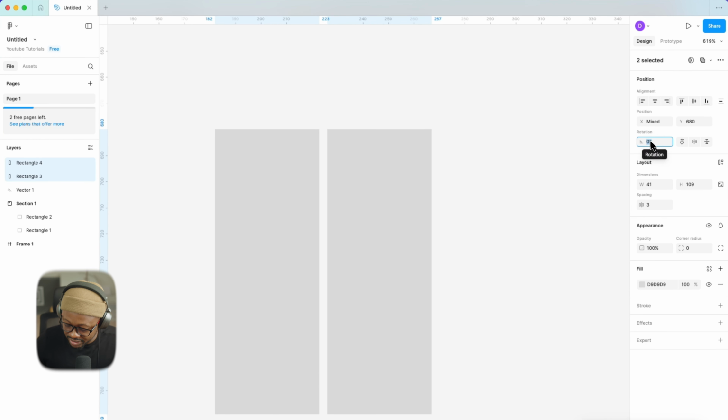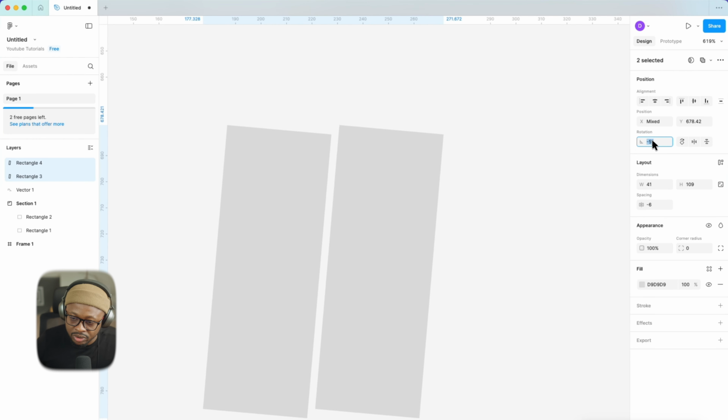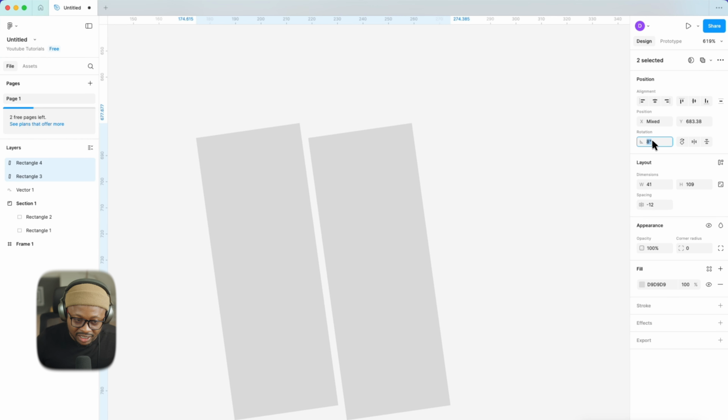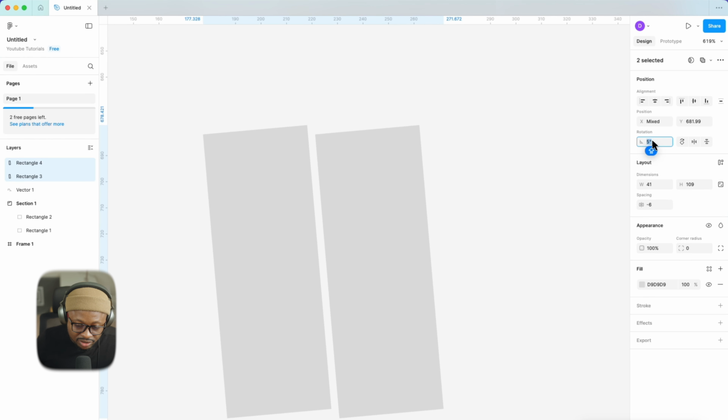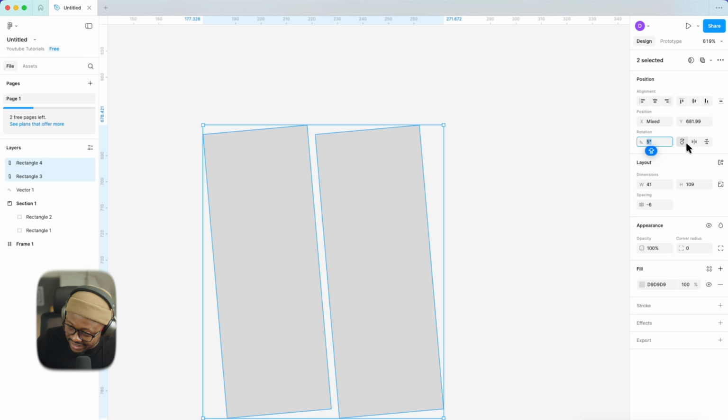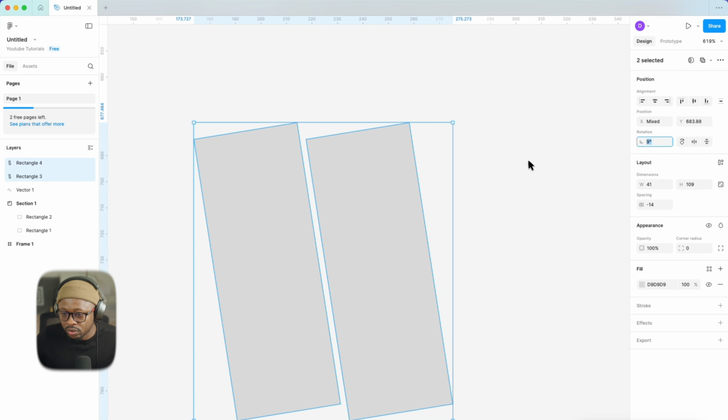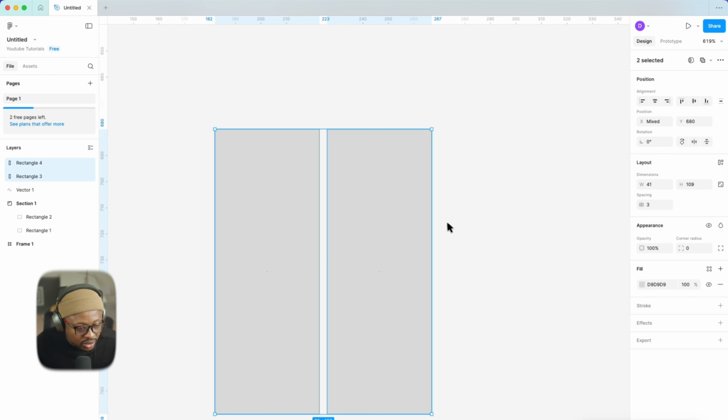The rotation is about the degrees. So the more rotation you put, the more degrees your element is going to rotate around, and you can just quickly rotate right 90, left, flip horizontally or flip vertically. Now that is just some of the basic tools that you'll be working with in